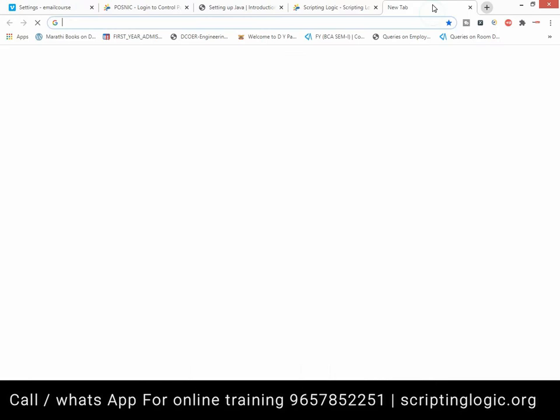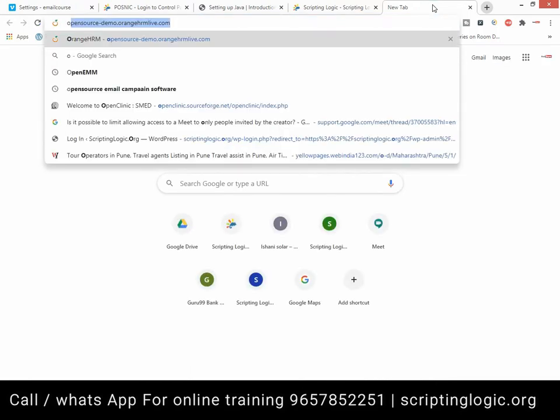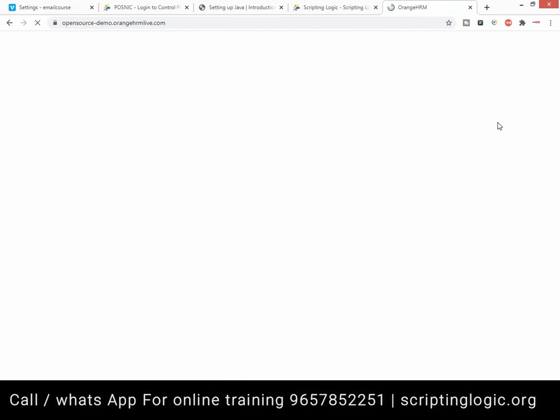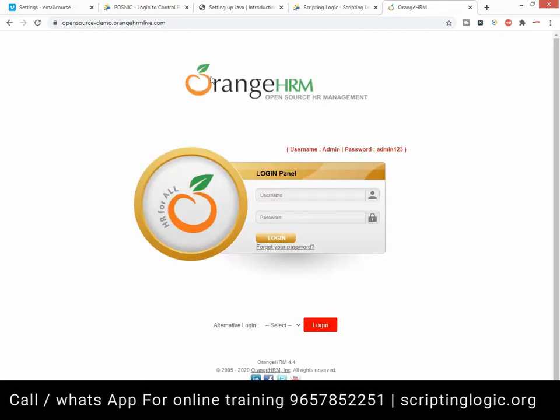Earlier I used to download it, and on some platforms you will still get its build, but now you will not find it free, though you can see the demo here. This is the HR management system, Orange HRM. They're very good. Now it is paid. You might find the old versions' demo as well. So we'll try this as well. We can install it. So you can see admin.